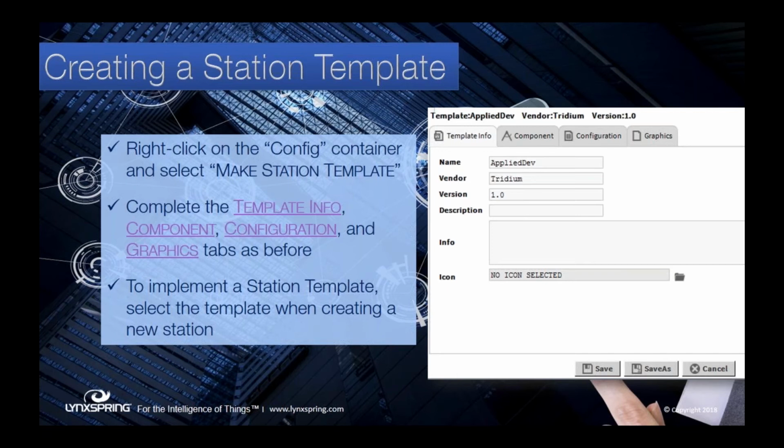So what you'll do when you're ready to implement this is you'll actually go up to that new station, just as though you were creating a regular station. But at the bottom, where it says station template, and you've probably been using the default blank station that Tridium sends you, now you will have an option of one of your templated stations.